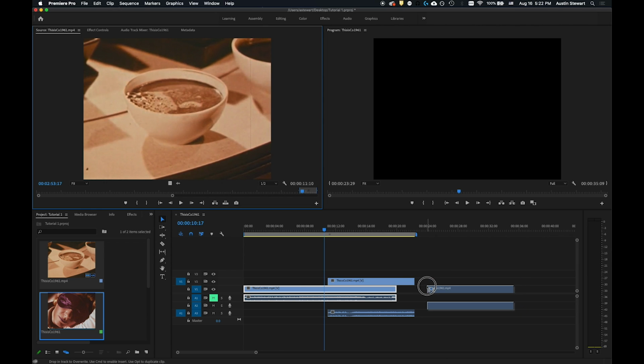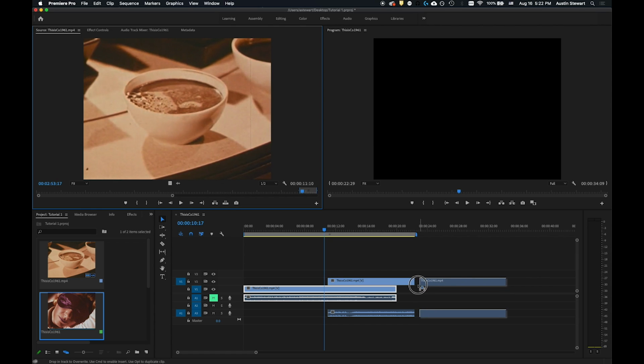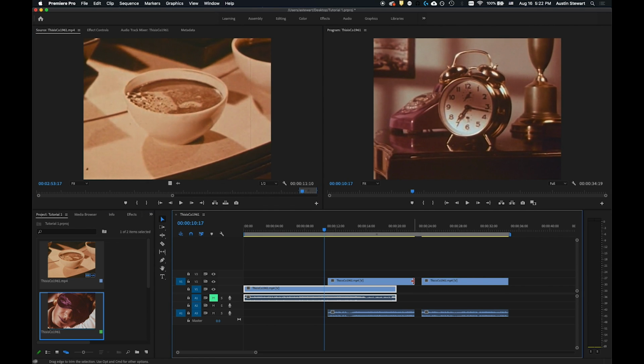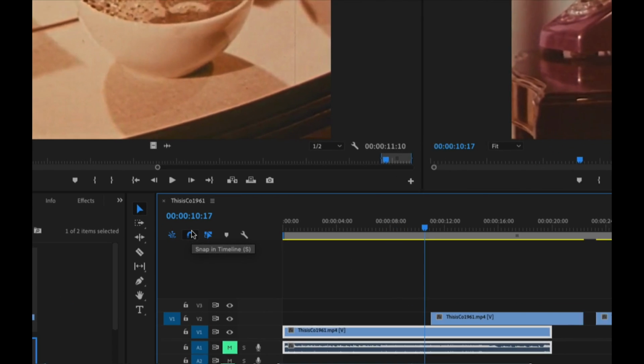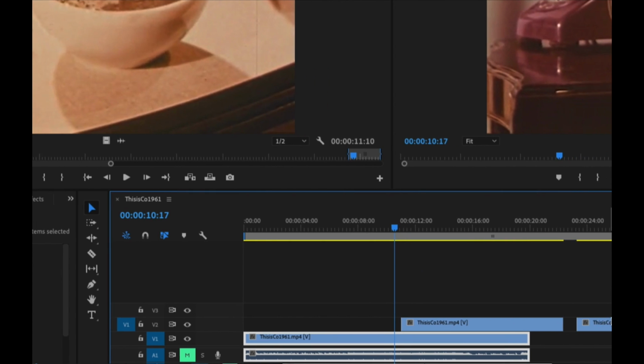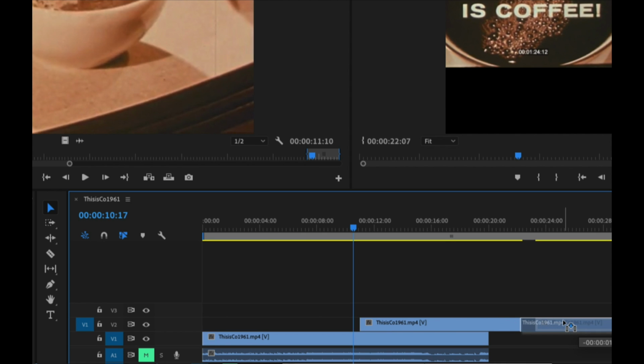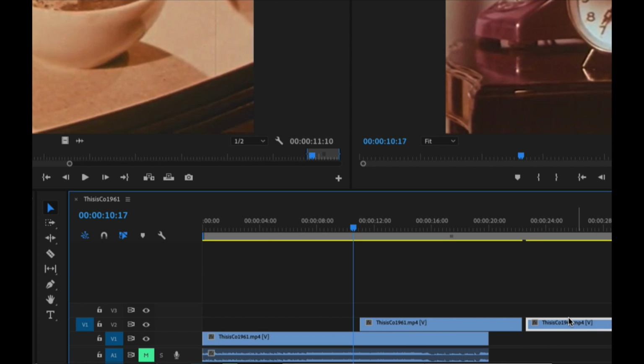And so you'll notice as I slide over, it will snap to the end of the previous clip when I get within a certain distance of it. If you don't want that to happen, if you want a couple frames of black between the two clips or something, then all you do is turn off the snap in timeline. I just uncheck that so it's not blue anymore. And then if I click on this clip and drag it over, you'll see that I don't get that snapping. You'll also see, if I zoom out,